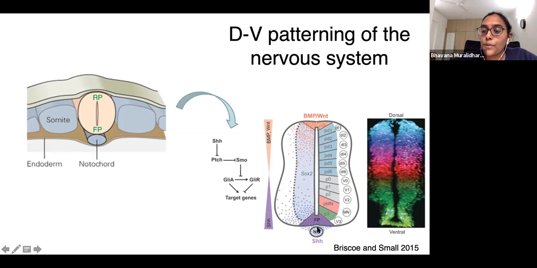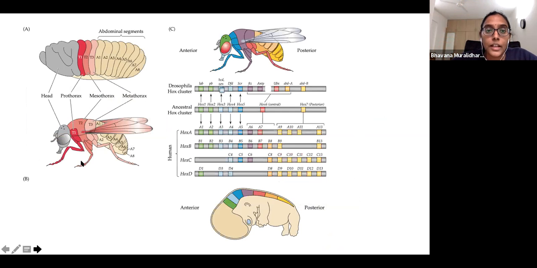So the gradient of sonic hedgehog coming from the bottom and the gradient of BMPs is read by these cells, and they respond to this gradient and thereby make different classes of the spinal cord neurons. Right. So this was at the spinal cord level. But as I said, different mechanisms and different